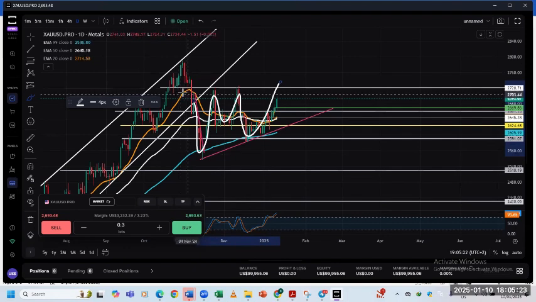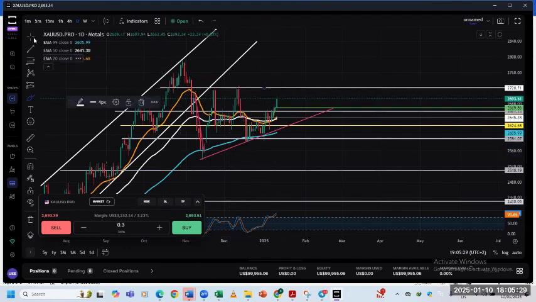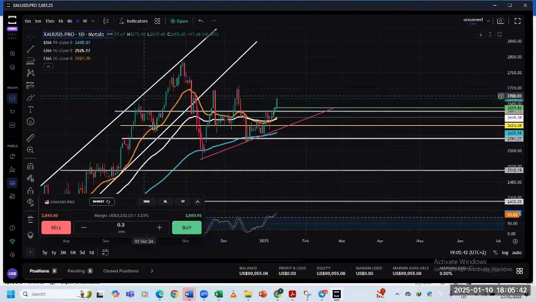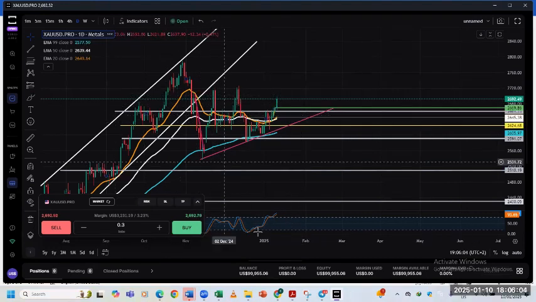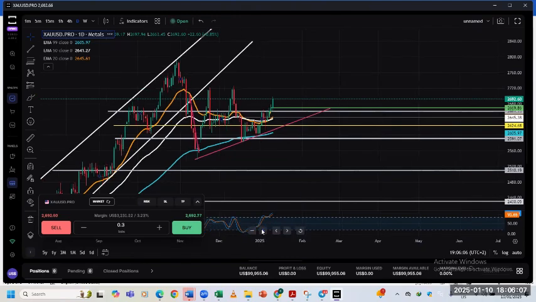Let me remove what I just drew, and then let me remove this line. This training on support and resistance will really help your trading. So in trading, we try to look at what has happened in the past, and the past is history. On the left side of the chart is what has happened previously. You look towards the left to try and predict what is going to happen going forward. So as I'm looking at this chart, this is the daily time frame.